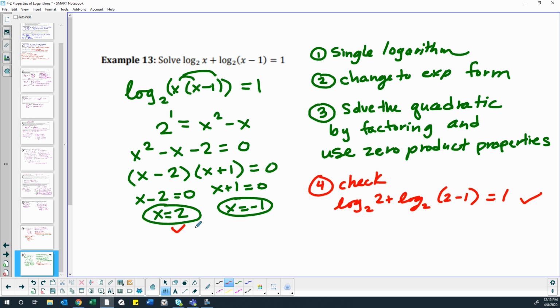So that one's good. But our other one, if we do log base 2 of negative 1 plus log base 2 of negative 1 minus 1, that means we're doing negative logarithms on both of them, and not even one of them would have been possible. This could have been positive and this negative, and it still isn't possible. So this one is what we call an extraneous solution. You don't even need to list it as a solution. You just need to make sure you check for it so that you don't list it as a solution. So our only answer to this problem is x